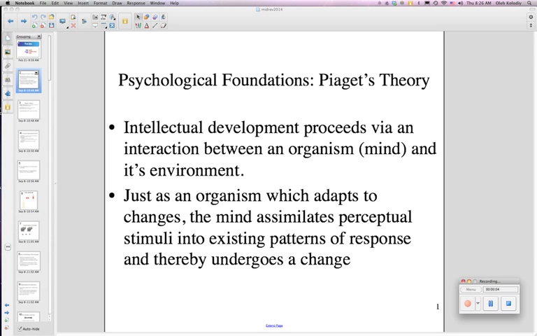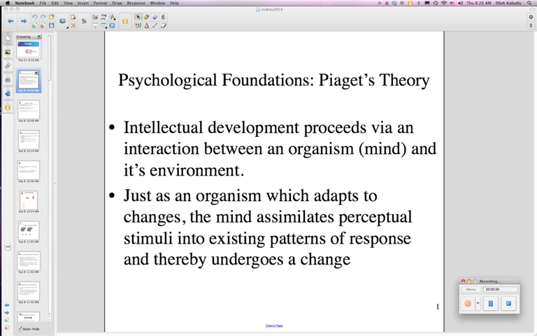We began this course with a look at Piaget's theory of mental development as a guide to why we are going to teach things in a particular way. In Piaget's theory, intellectual development proceeds via interaction between an organism, which is the brain, and its environment. And just as an organism adapts to changes in its environment, the mind assimilates perceptual stimuli and thereby also undergoes